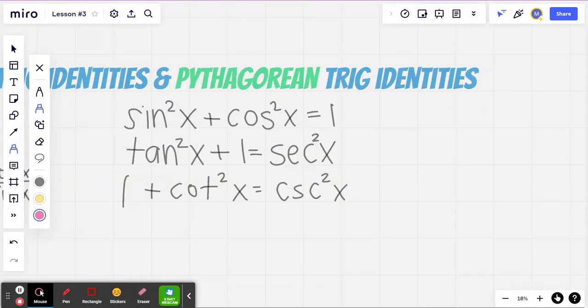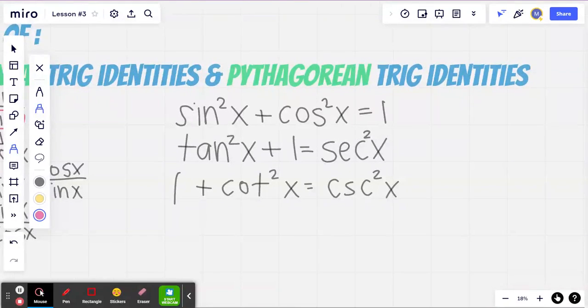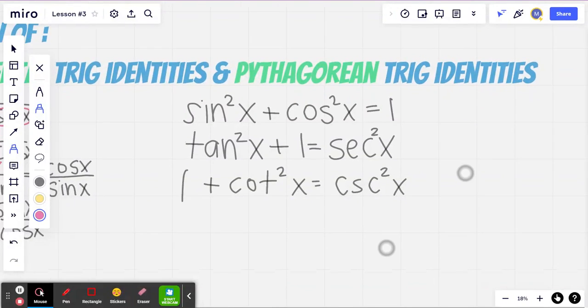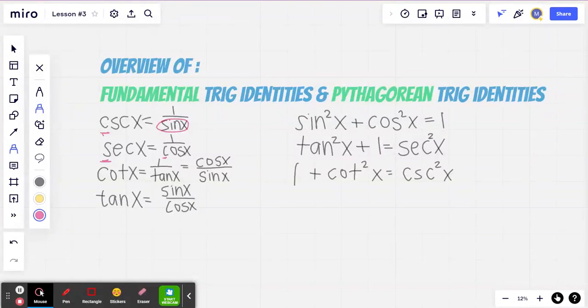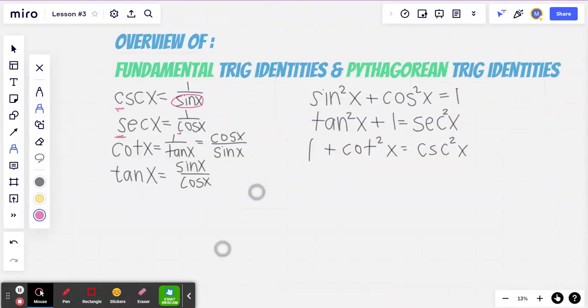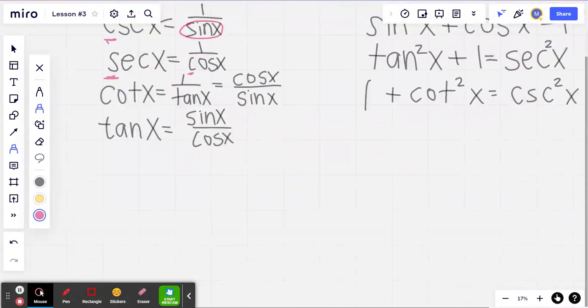The next two Pythagorean trig identities to keep in mind are tan squared x plus 1 is equal to secant squared x. And the last one is 1 plus cotangent squared x is equal to cosecant squared x. So these trig identities are very important to remember, and we will be applying them in today's video as well. The first problem we're going to solve is going to be secant x